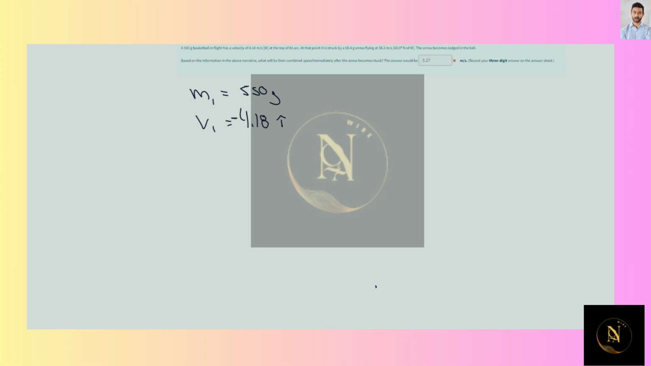At that point, it is struck by an arrow that has a mass equal to 58.4 grams, flying at v2 equal to 38.2 meters per second, 60 degrees north of west. So that means that we're going to have a negative x component and a positive y component. So v2 of x is going to be equal, if we draw this vector